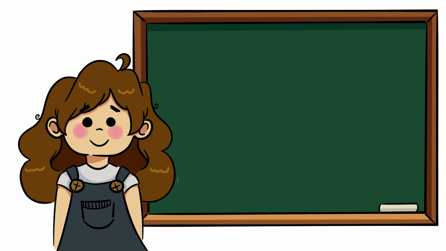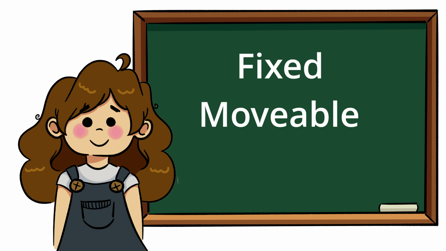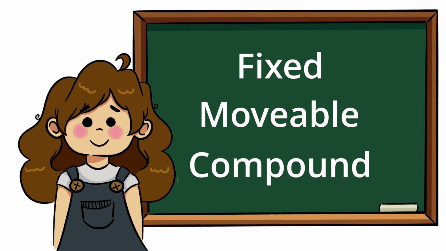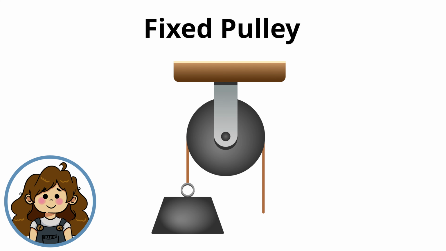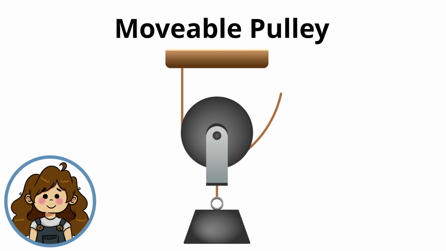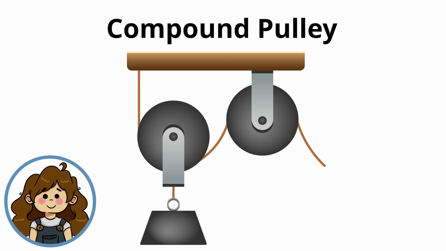There are three basic types of pulley that are used depending on the needs of the job: fixed, movable, and compound. A fixed pulley has a wheel that is secured in a single spot. So, the pulley itself stays in place while the load moves with the rope. A movable pulley has a pulley attached to the object itself. One end of the rope is affixed to a point, and the other end of the rope is free. A compound pulley is a combination of a fixed and movable pulley, which maximizes the mechanical advantage of the system.